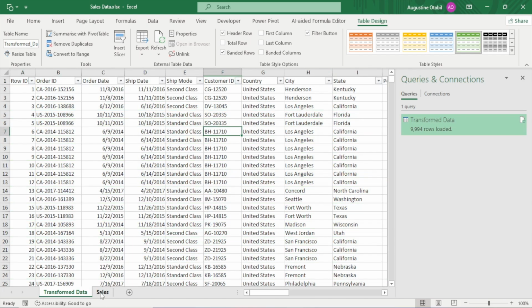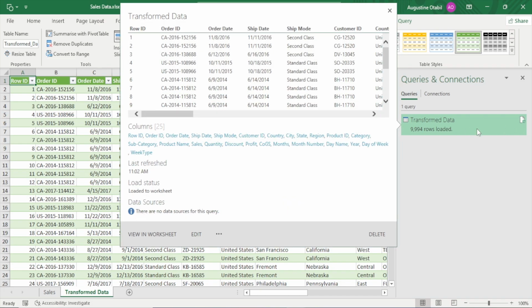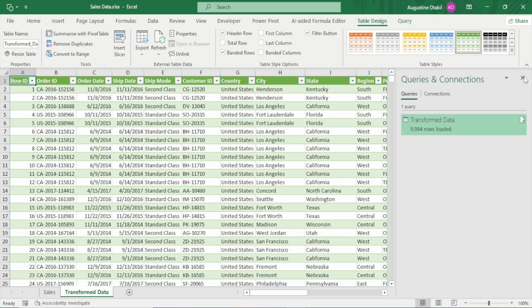Perfect. Now, this is the data that has been transformed. This was the normal or original data, so I will shift it here. And this is the transformed data. Now, in a case where we made a mistake and we want to go back to Power Query and do the editing, we just have to come here and hover on this one. When you hover on this, you get the option to edit. Now, assuming you're not seeing this,